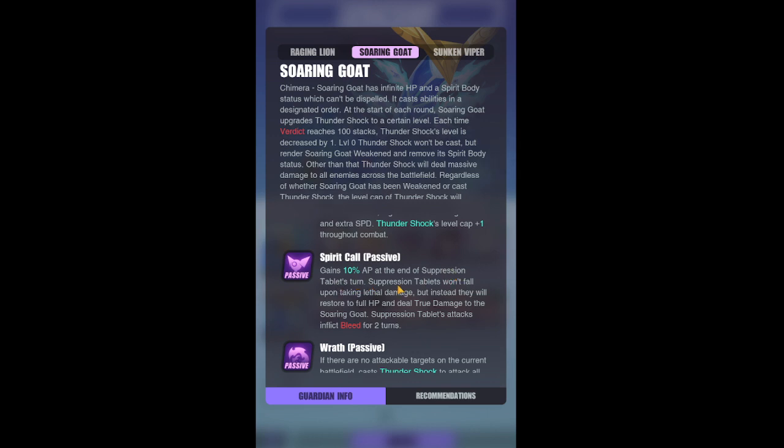Suppression tablet. Suppression tablet will attack you one time and then inflict bleed for 2 turns. This one. Suppression tablet attack and inflict bleed for 2 turns. So there's 4 tablets there, and you have to know the pattern of the tablets. The attack pattern of the tablets will focus on flow type Esper first, and will focus on lowest HP Esper